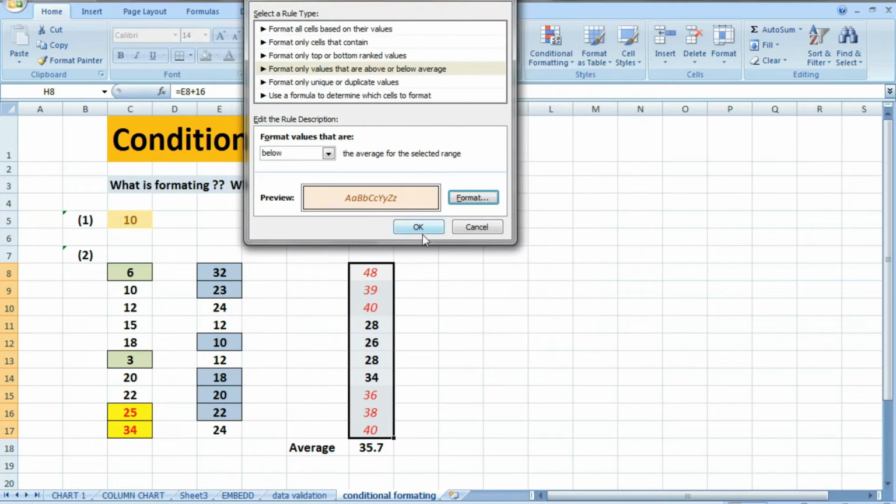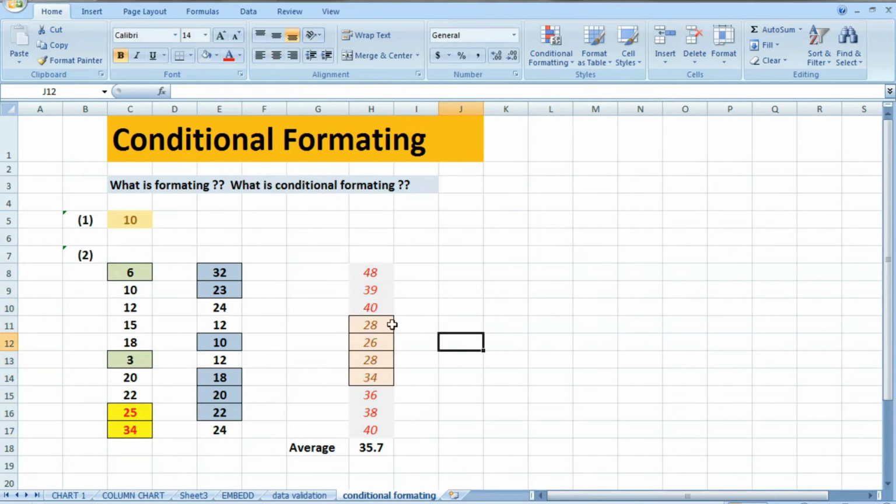Okay, so see, this is the below average value and above are the above average values. So you can see that clear-cut difference. So this is how you can use the conditional formatting.